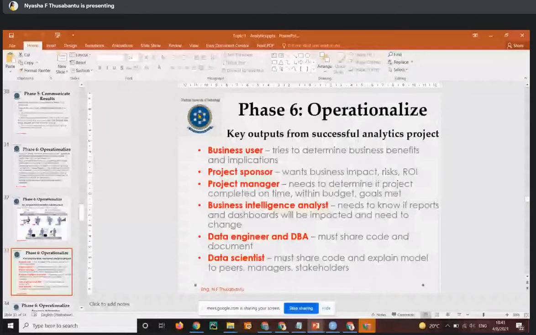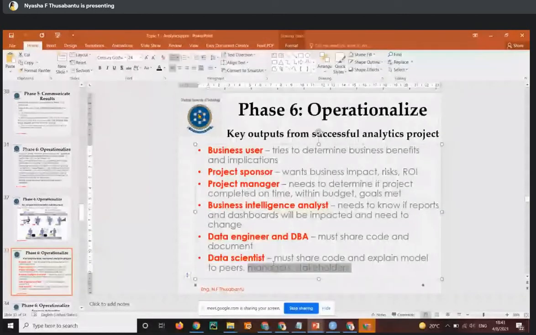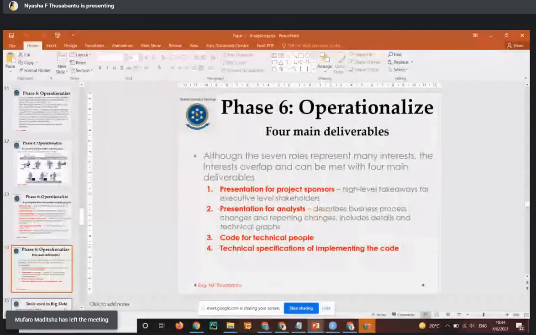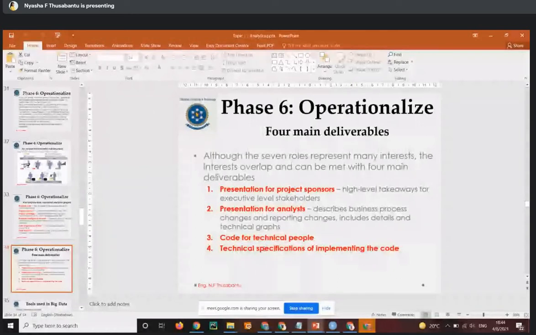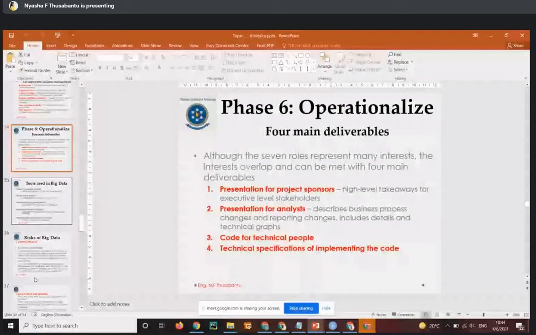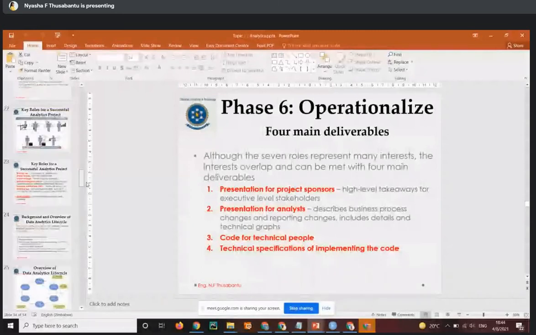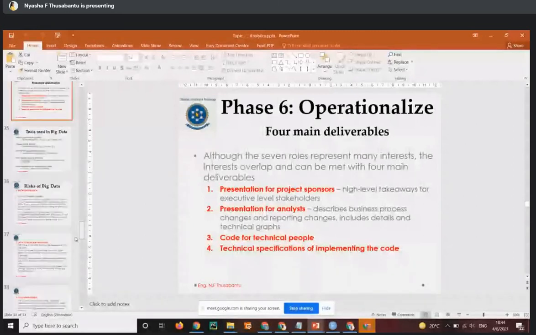So this is the person who interfaces between the technical people and the non-technical people. In between them is a data scientist who should know how to present results in layman's terms. So, the main deliverables: a presentation to the project stakeholders, a presentation for the analyst, code, and technical specifications. This is, in summary, the big data analytics lifecycle. I've taken about an hour to present this because it's a definite exam question, and you just need to understand the concepts so that when it comes as a case study, you know